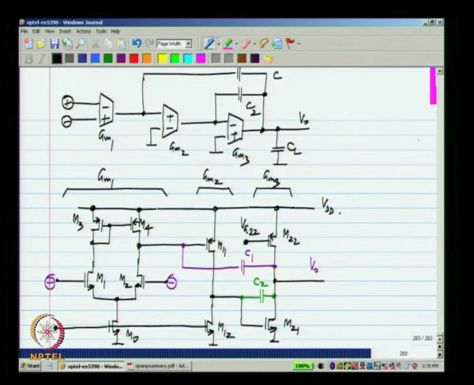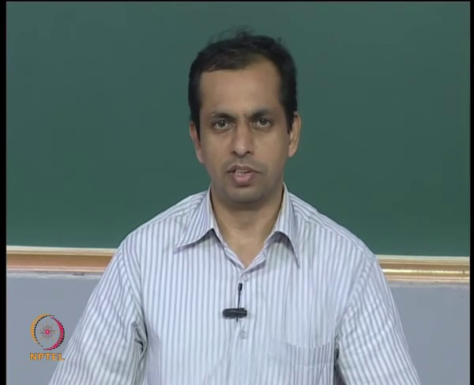Now, exactly as we did before, you can analyze this. In fact, the transfer function has already been analyzed and you can do the exact analysis including the zeros and so on. The principle is the same: the non-dominant poles and zeros must be sufficiently outside the unity loop gain frequency, so that the system is stable and well behaved. Now, at the transistor level, the more stages you go to, the more degrees of freedom you have. One obvious one is now whether to choose an NMOS transconductor or a PMOS transconductor in the third stage. I have drawn it with an NMOS transconductor, but the other way around is equally possible.